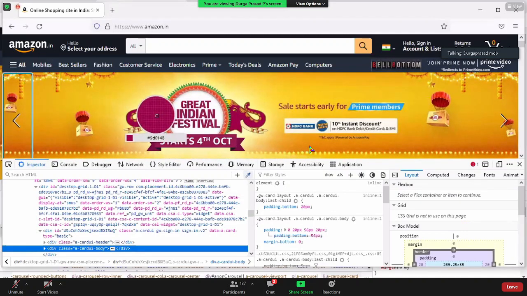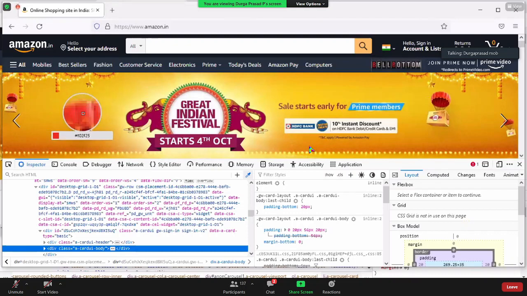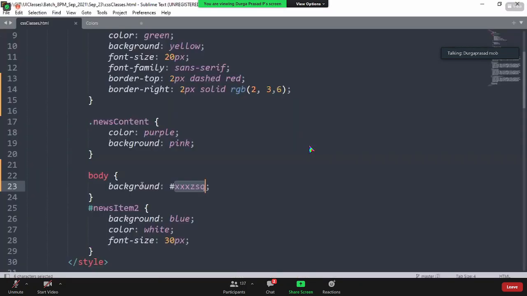If you see here, when I'm clicking on this, at the bottom, whenever I'm taking this, is it not giving me the hash code of every color wherever I'm pointing? See here, there is a small parachute. Even that color I can get. Now I want the color of the elephant here. Copy this. Now come back and paste it here.